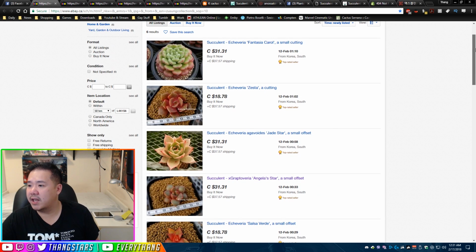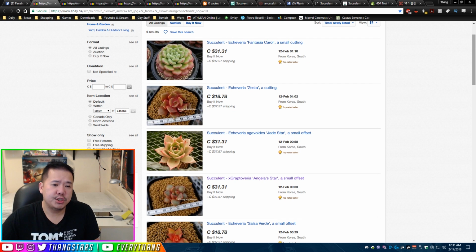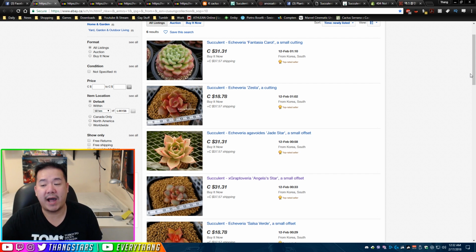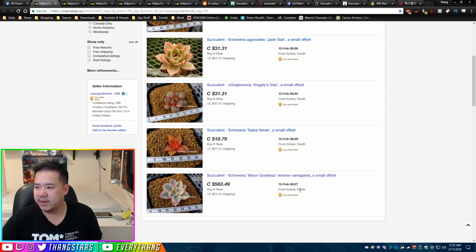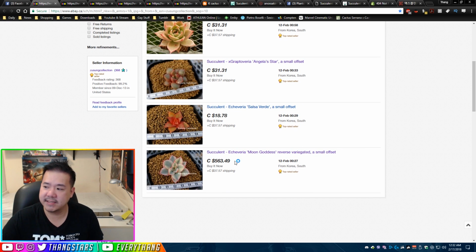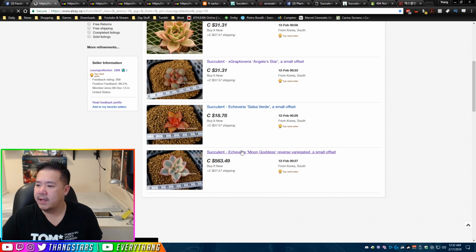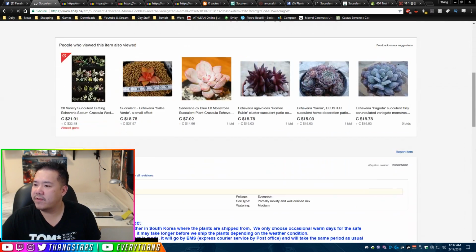And this is Zusung Collection. Zusung Collection is one of the rarer cultivators of hybridized echeverias. When I say that, I really do mean that, because they create really beautiful hybrids like the Echeveria Midway, the Echeveria Nebula, the Moon Goddess itself, like this one. This is like $563.49 Canadian, which is $600 including shipping, right? Very, very